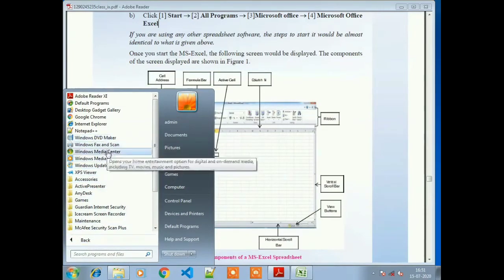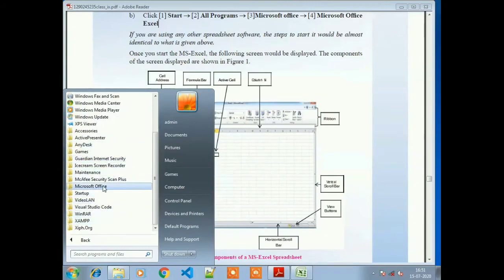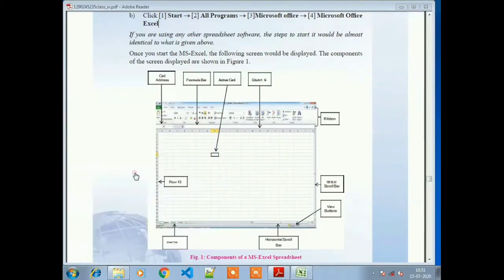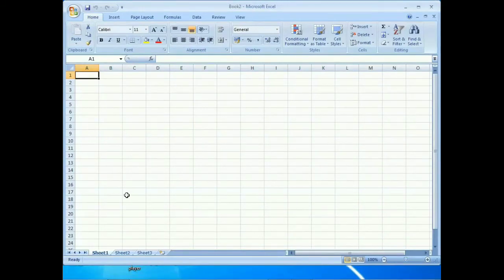There are many application software, so we'll choose Microsoft Office, and within it we'll click on Microsoft Office Excel 2007. In my system there is Office 2007, so if you have 2010 or 2013, you can use any. Within a few seconds we can see the Excel window appear on our computer screen. So this is the Excel window.